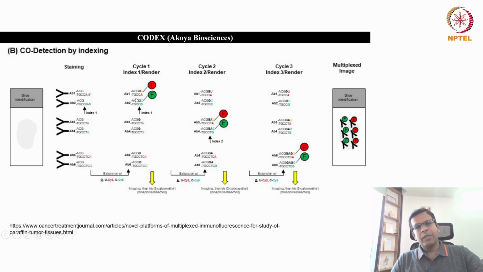Then in the first cycle, you will fluorescently detect only the first 2 antibodies. Then you take the second image: you wash off the fluorescent molecules, and then you use other fluorescent probes that can bind to antibodies 3 and 4. In the second image, you capture this data, and then you wash off these fluorescent probes, and in the third cycle you use probes that bind to antibodies 6 and 8. In the third round these two antibodies will give fluorescence, so you take the third image to detect these positions. Eventually you will have the multiplexed image this way.